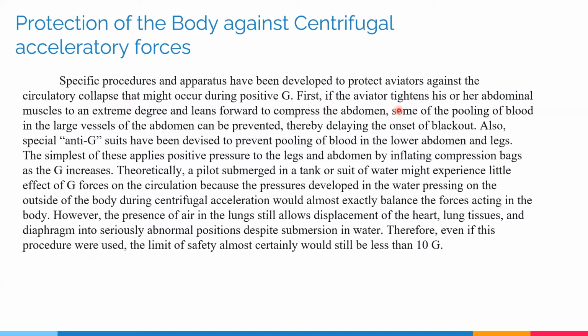First, if the aviator tightens his or her abdominal muscles to an extreme degree and leans forward to compress the abdomen, some of the pooling of the blood in the large vessels of the abdomen can be prevented, thereby delaying the onset of blackout. Also, special anti-G suits have been devised to prevent pooling of blood in the lower abdomen and legs. The simplest of these applies positive pressure to the legs and abdomen by inflating compression bags as the